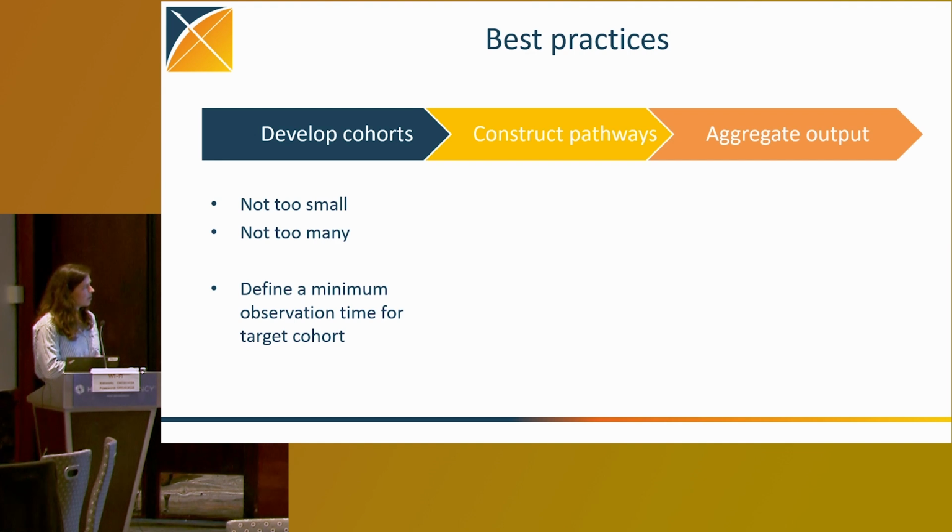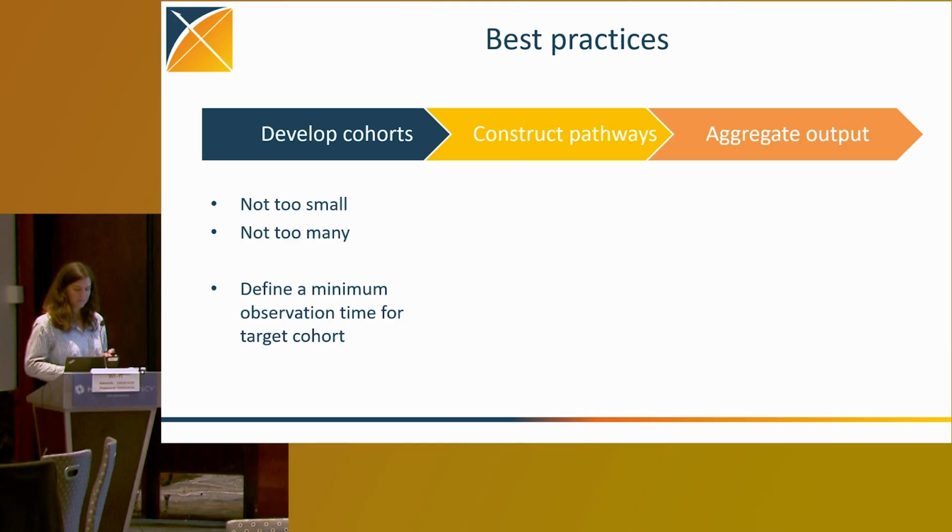Also, usually including too small cohorts is not very relevant, because you're going to look at a very specific kind of niche subject, where I think the main power of treatment patterns is to study the overall trends and patterns in your study population, both in subgroups as well as over time. Also, when defining the cohorts, it's very important to think about a minimum observation time for your target cohort, given that we're really studying the pattern of events within that duration. It is important to make sure that someone is long enough in your database so that you actually have time